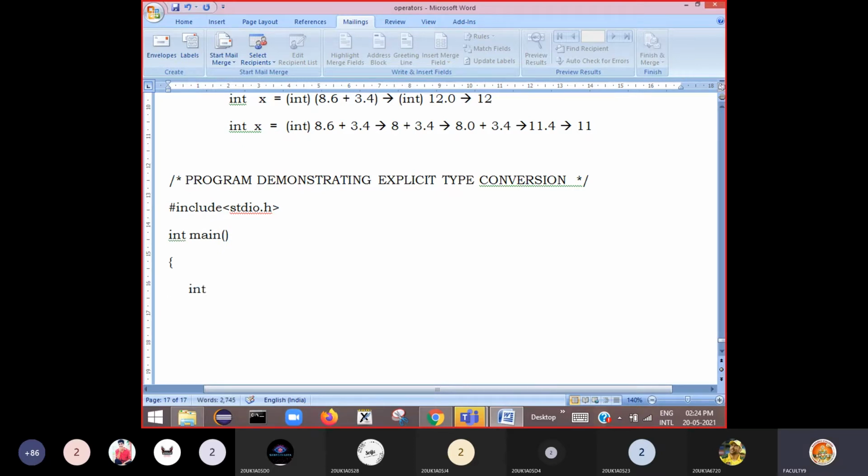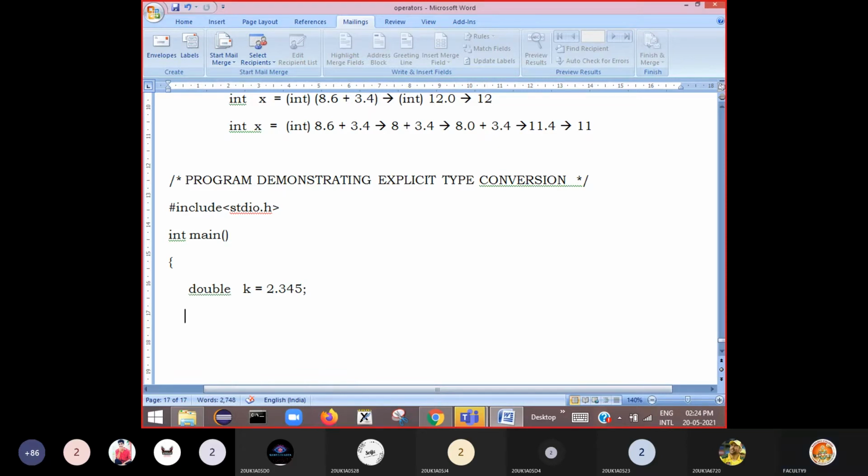Now here I'm just declaring a variable of double type, something like double k is equal to 2.345. I have stored 2.345 in k.